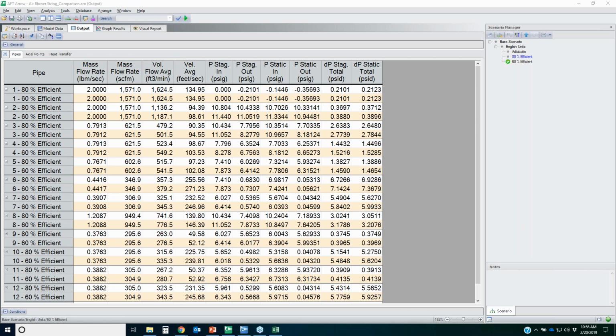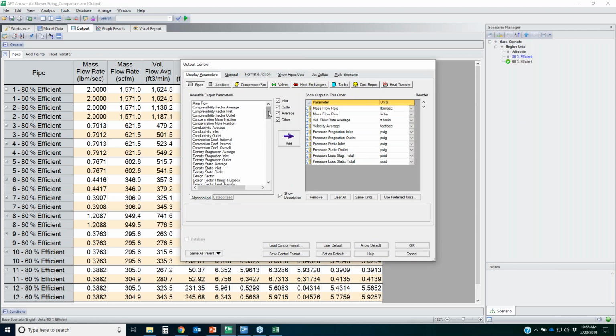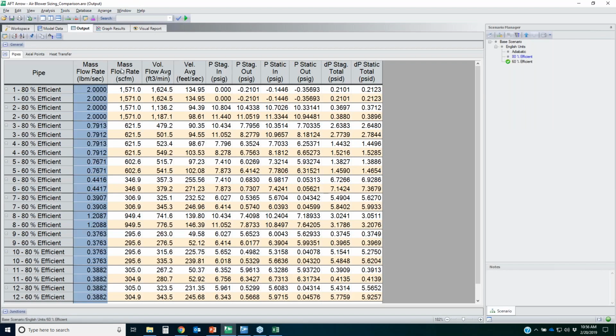The important thing that I want to note here is that your volumetric flow rate at the inlet and outlet of your pipes are different from each other in compressible flow. So this is why volumetric flow rate in Arrow is a bit meaningless, or for gas systems in general, because they're different from each other. So what I did was I added the volumetric flow rate average to my list of parameters. The reason why is because I want to look at these mass flow rate and volumetric quantity results and compare